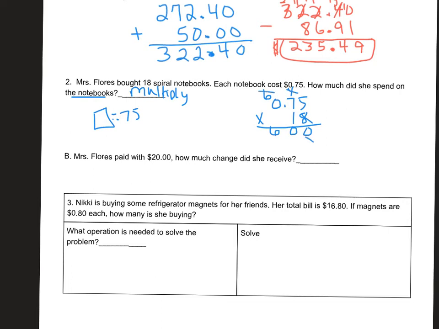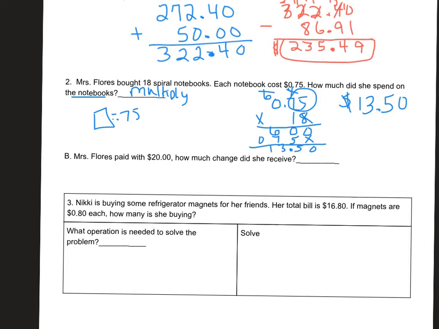Now I'm going to go ahead and move my one place value over, and that's going to be 5. That's going to be 1 times 7 and 1 times 0. And when I add this up, I have two numbers behind the decimal, so therefore my total amount that Miss Flores spent was